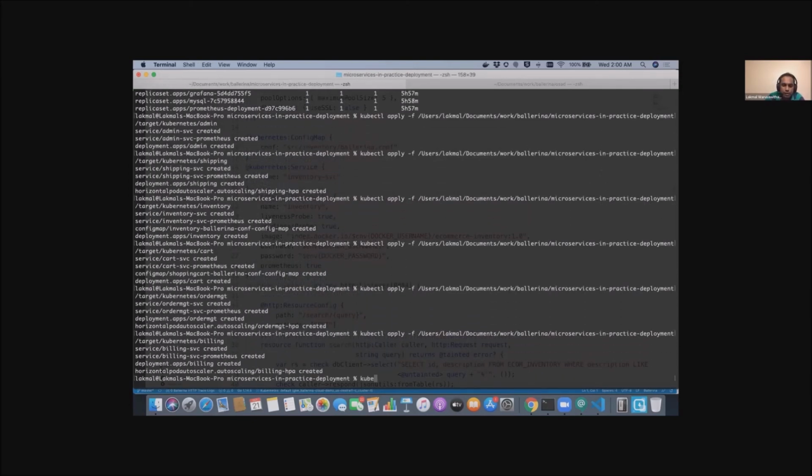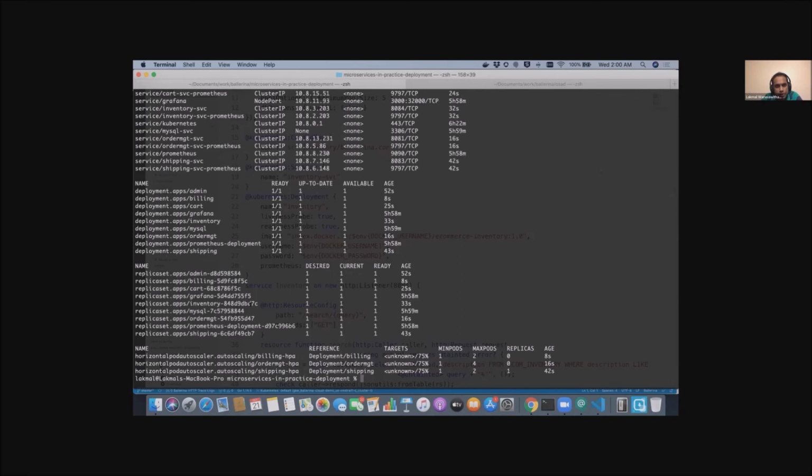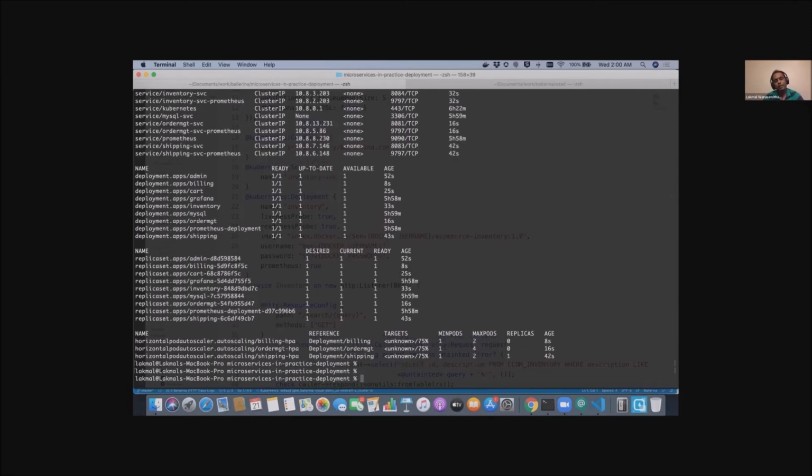So let's see, we should be running all these services now. You can see admin, billing, cart, order management, shipping. 6 services are running. So it's very easy to deploy this kind of application into the Kubernetes cluster, because we don't need to create all these artifacts.